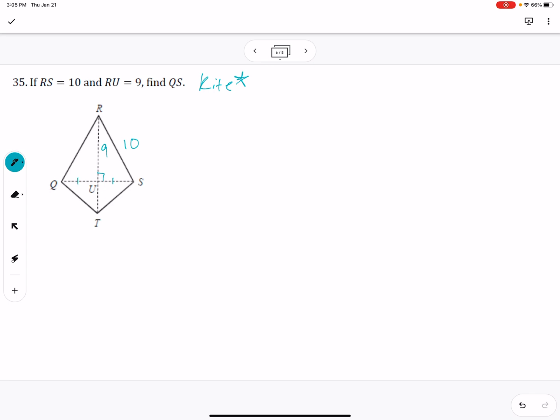Because in a kite, the diagonal that cuts through the non-vertex angles gets bisected. So this is split in half, therefore these will be congruent. So if we use the Pythagorean theorem to find this part, we just multiply it by 2 to get the whole thing. So 10 squared minus 9 squared gives us,